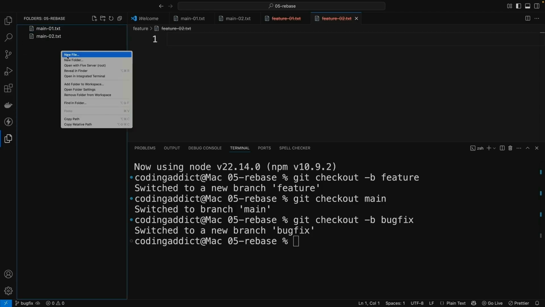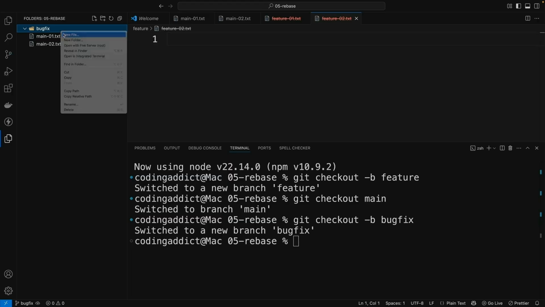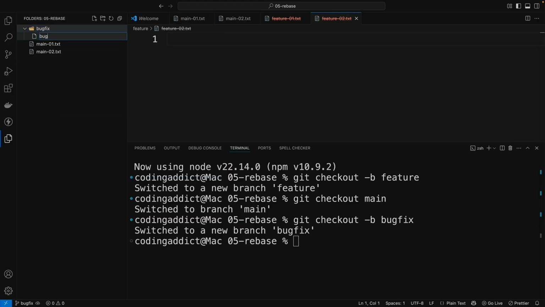Let's see what we've got. Okay, we have 2 main ones. Again, the starting point is the same for both branches. Now we just need to add the folder, I guess. So we have over here bug fix, and then bug fix 1. Bug fix 1